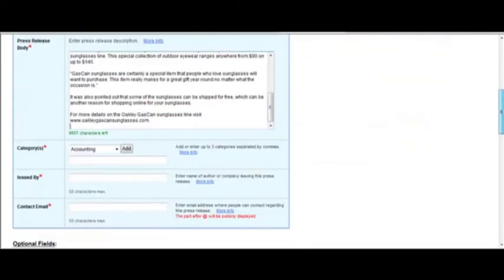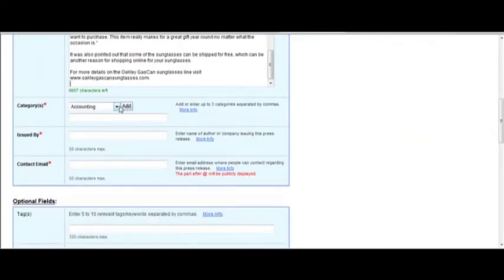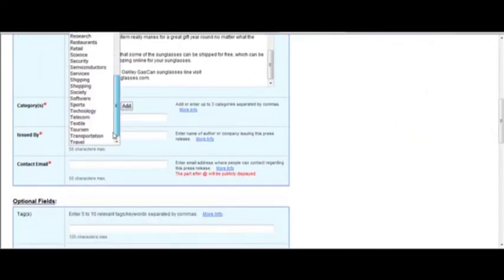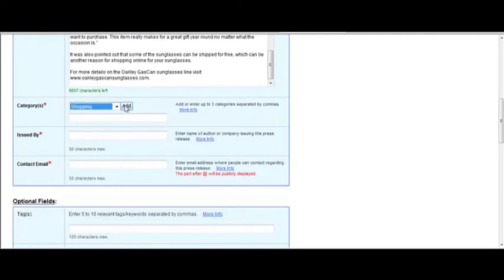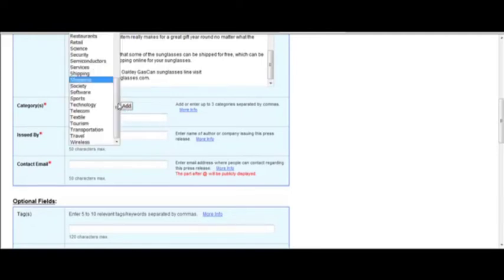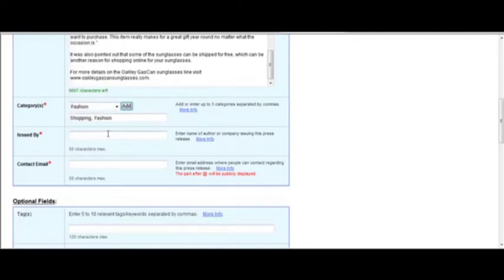Then scroll on down and choose your best category. So all the categories will be different. This one is going to be shopping. Make sure you select add, and then maybe you could select fashion, for example. And you could put the name of your company, or like your website is another example. Oakley Gas Can Sunglasses.com. Put in your contact email,